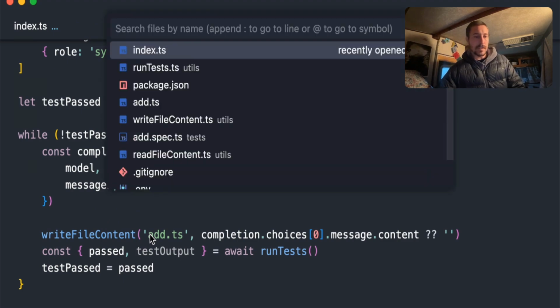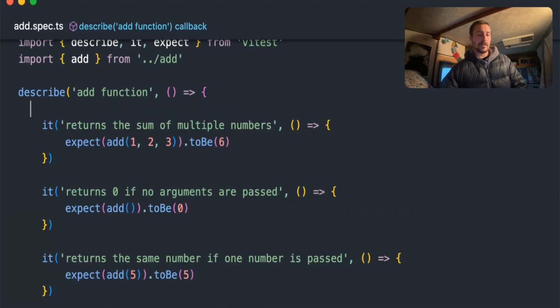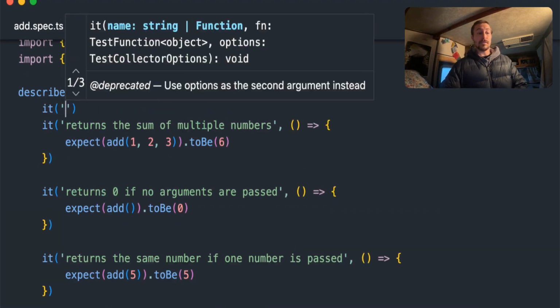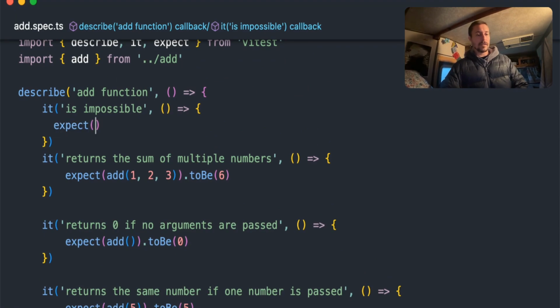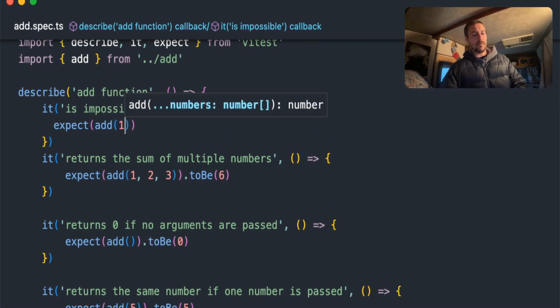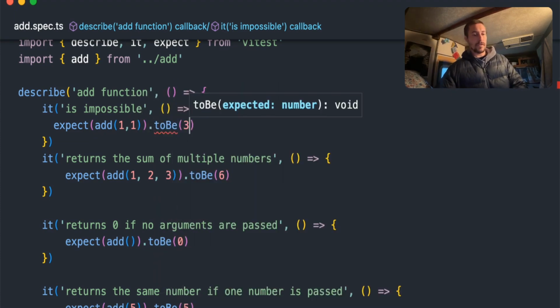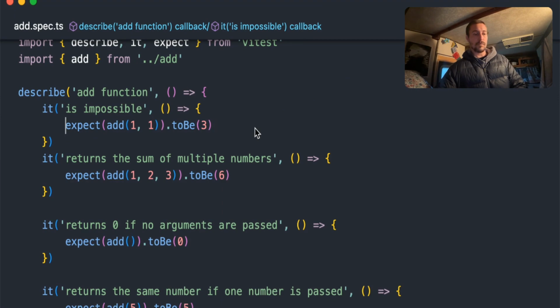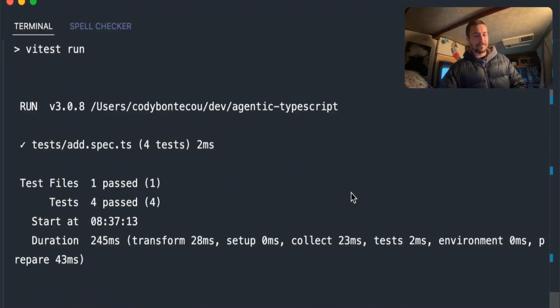What happens if we add a test case that is impossible to pass? So let's just say it is impossible. Expect add of 1 and 1 to be 3, right? 1 plus 1 is never going to equal 3. At least it shouldn't.